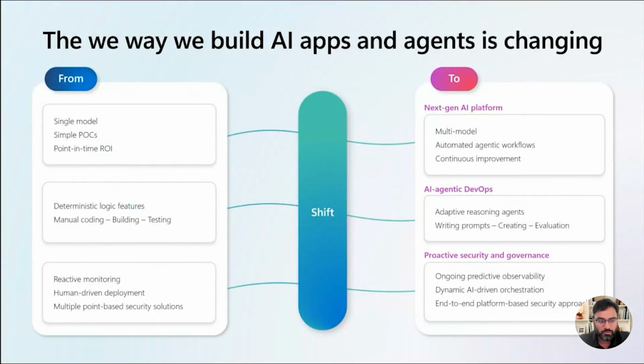So when you look at the way in which these AI apps and agents are changing, right? If you go back a little bit, we had single model, single POCs, and then we implemented using RAG, a simple structure where you put in a prompt and get a response. But now it's evolving to the next phase where you have multimodal and agent-to-agent communications. Also, to build simple POCs and applications,